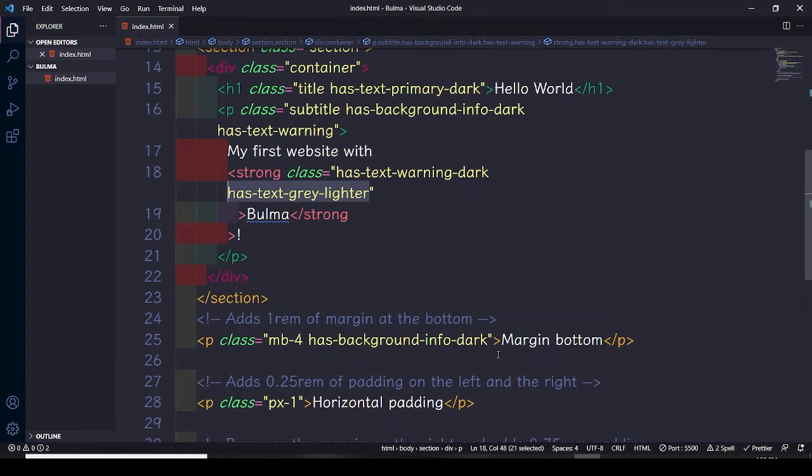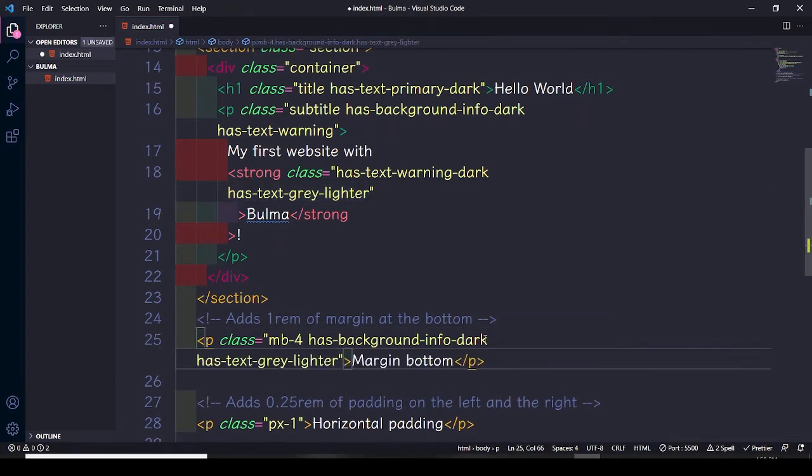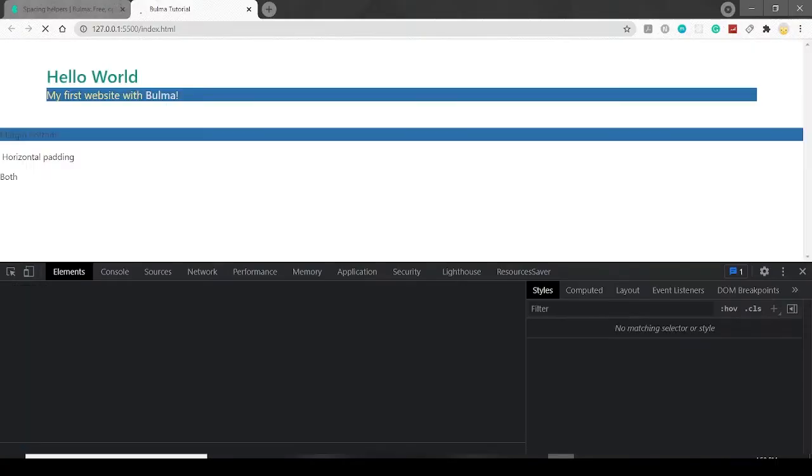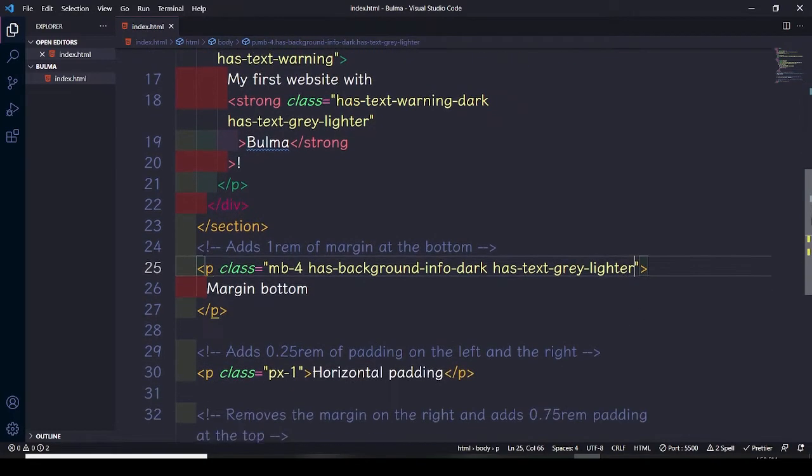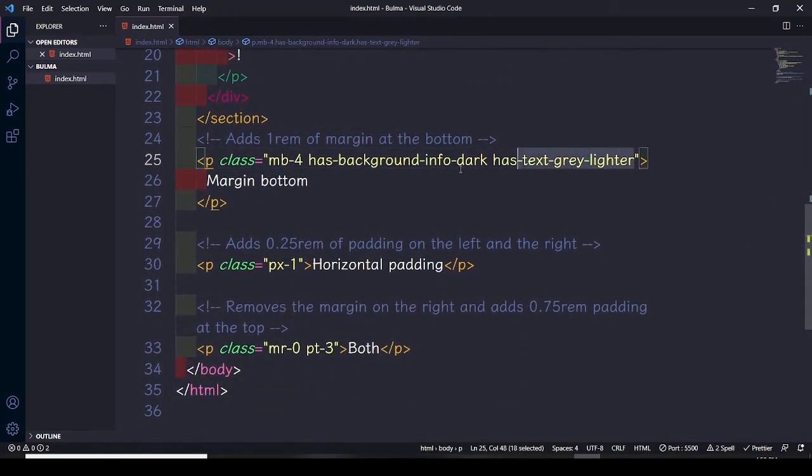Copy this, and I want to paste it here. Let's save it and move on to the browser. So now you guys can see that here margin bottom is this. Let me add the background of all these classes. Let me add the same, and I want to change the backgrounds later on,